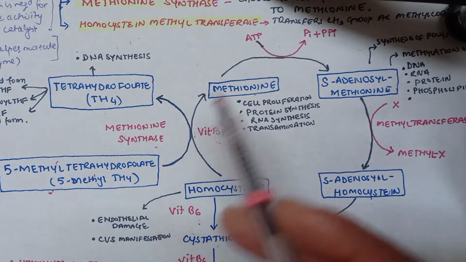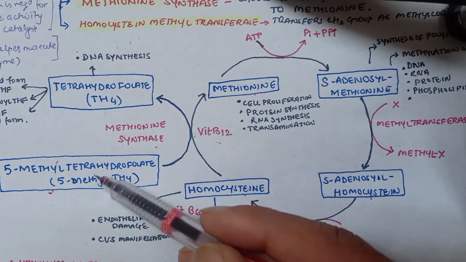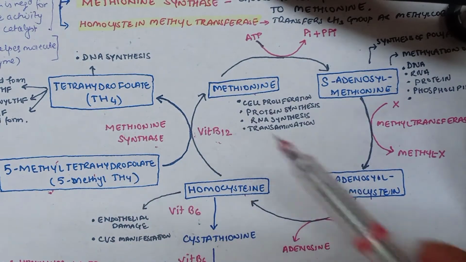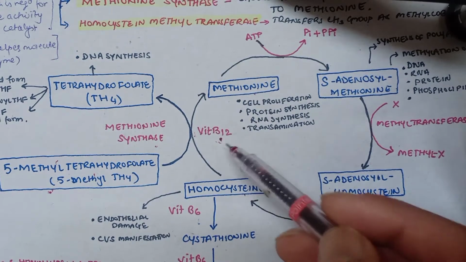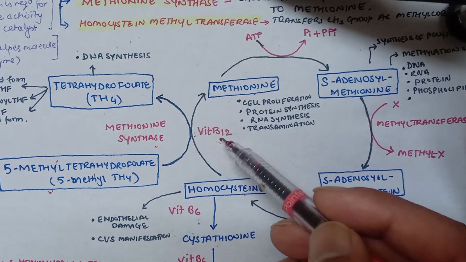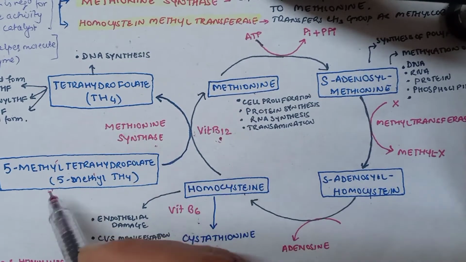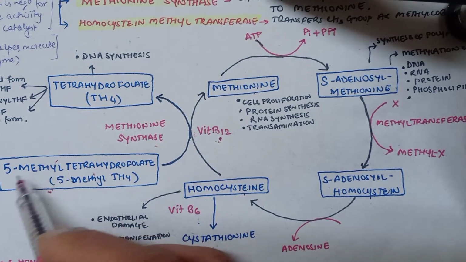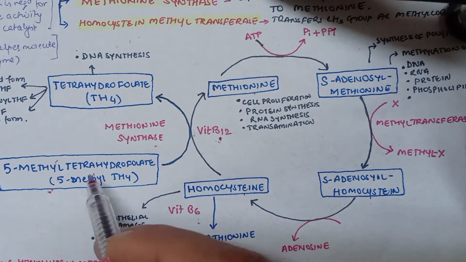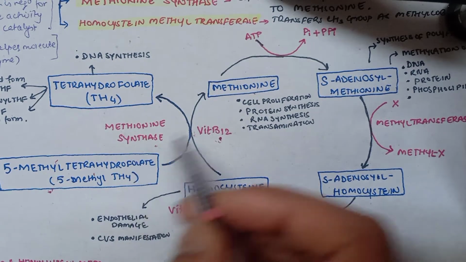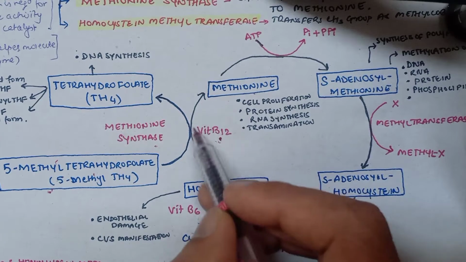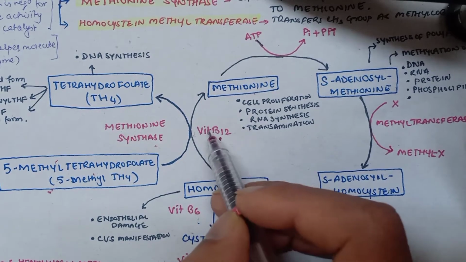The methyl group is transferred from 5-methyl tetrahydrofolate to vitamin B12, forming methylated vitamin B12. So methionine synthase will cause transfer of the methyl group from 5-methyl tetrahydrofolate to vitamin B12 to form methylated vitamin B12,